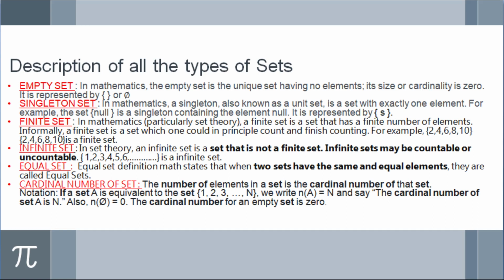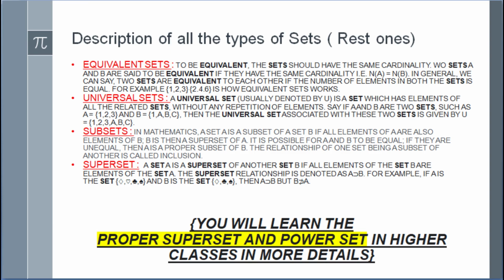As we have already completed the three main types of set, now we will be reading about the subtypes of finite set. So there are usually two subtypes of a finite set, that is the singleton set and the pair set. A singleton set is a set which contains only one element. You can clearly understand what I am saying. And the pair set is the set which contains two elements, as the name suggests.